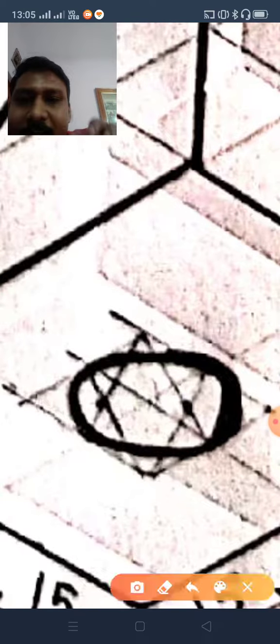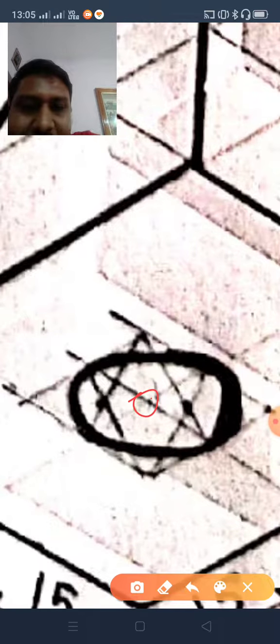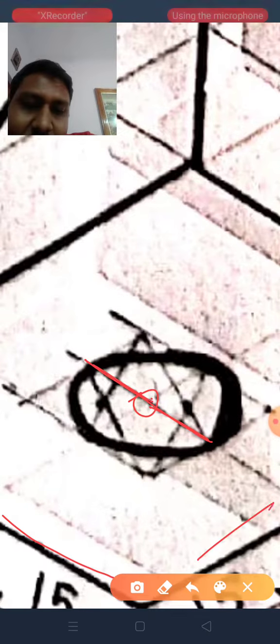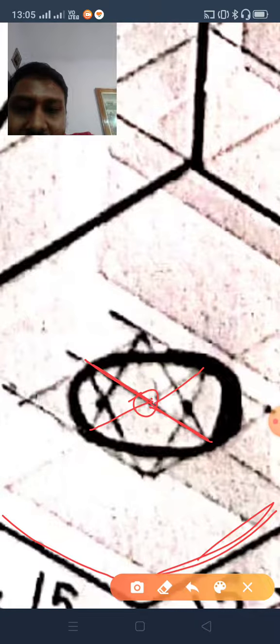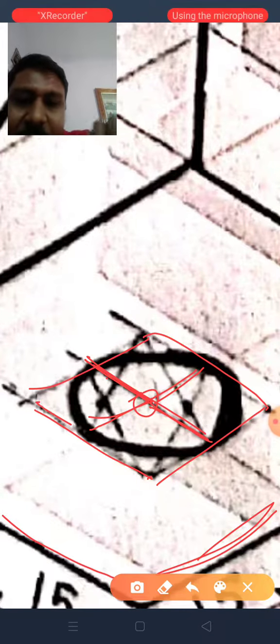See, this center I got already. From this center, as I have already said in isometric, you have to draw all the lines parallel to 30, 30 and 90, isn't it? So from this point, draw a line parallel to this line. Here 5, here 5. Similarly, parallel to this line, from this center 5, 5. You have drawn this. Now parallel to this line, draw this line. Again parallel to this line, draw this line, this line. You will be getting your rhombus or parallelogram, whatever you want to say.